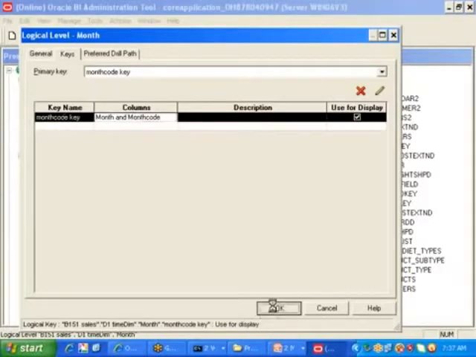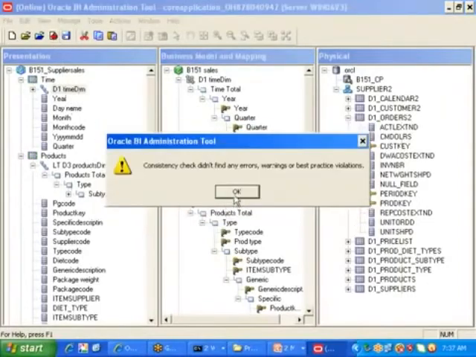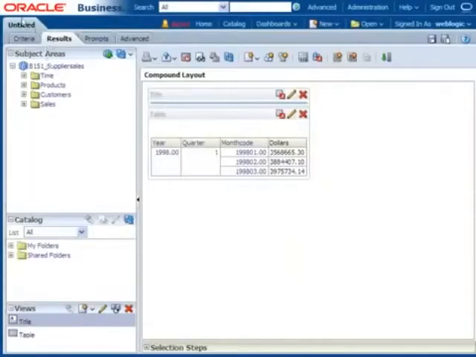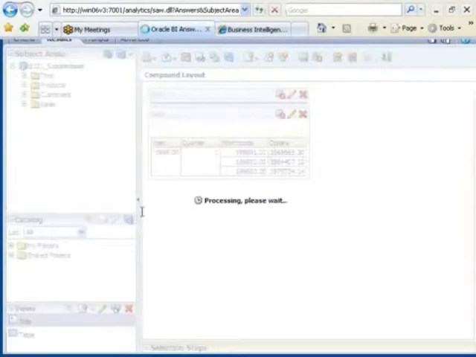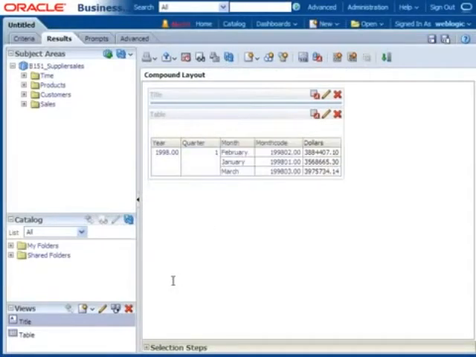So now click on OK, click on check in changes, yes, then go to the front end, go back, then I am clicking on reload server metadata, then refresh it, then I am clicking on one. Closely observe what happens, sir? We got month and month code. Like this, not only 2 columns, if you want 3 or 4 columns also you can fix it, right? All I need to do is in composite key place, I need to select 3 or 4 columns.